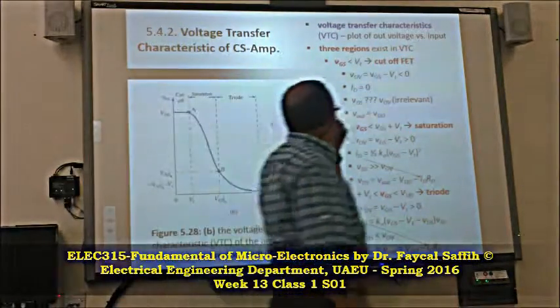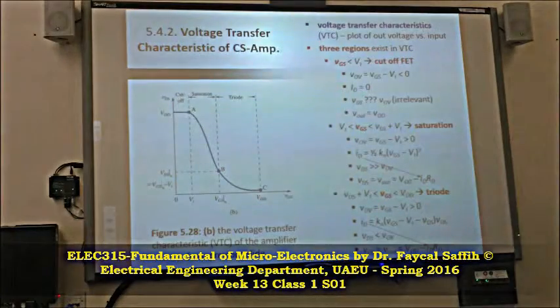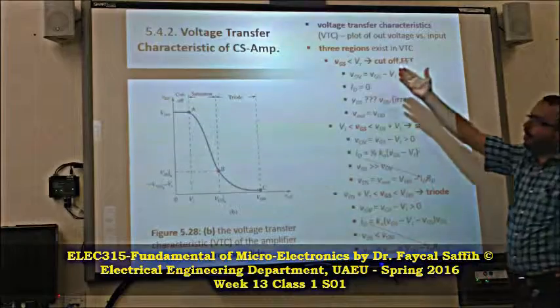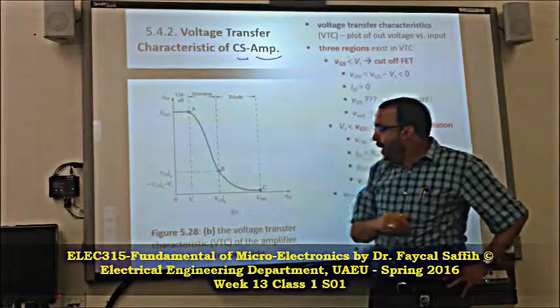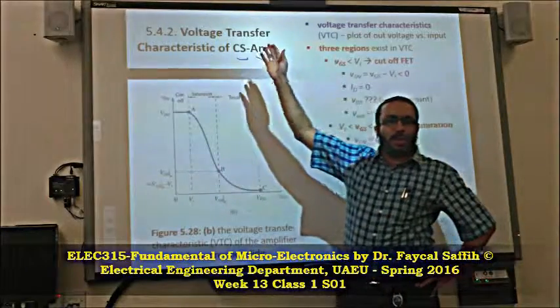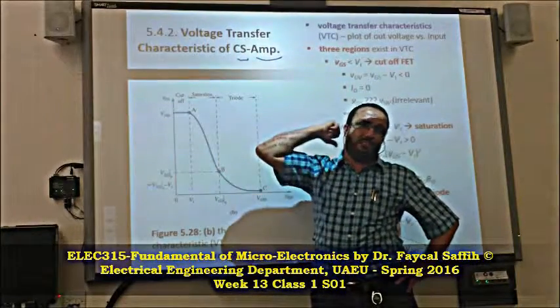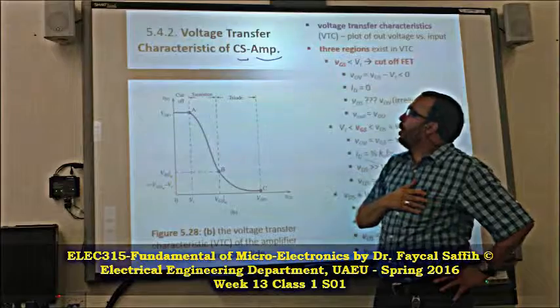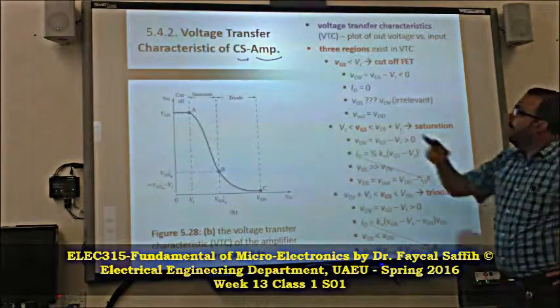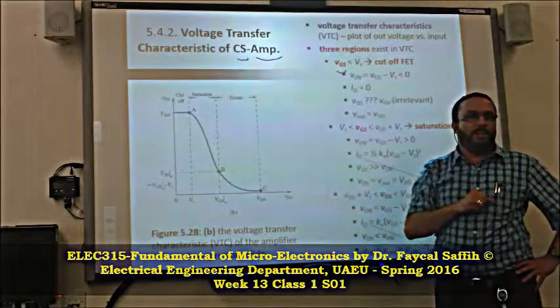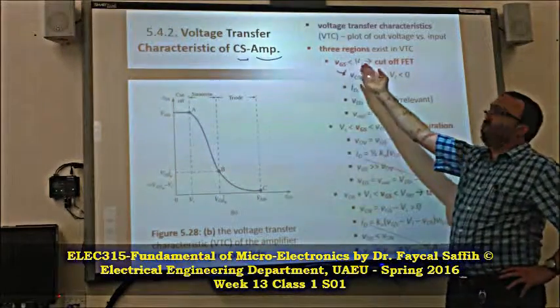Alright, very good. So we are going to introduce what we call the voltage transfer characteristic of this amplifier that we call CS. CS stands for common source. We'll talk about that later. That's the name of that amplifier, don't worry about that for now. Now we have three regions, because it depends on VGS. If VGS is less than VT,